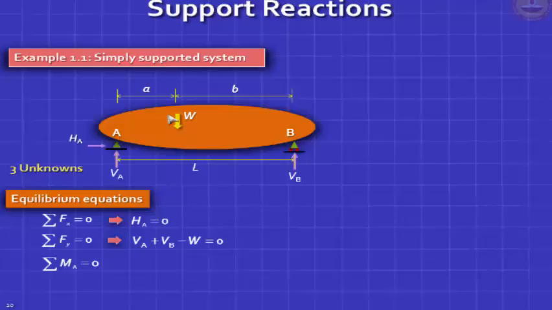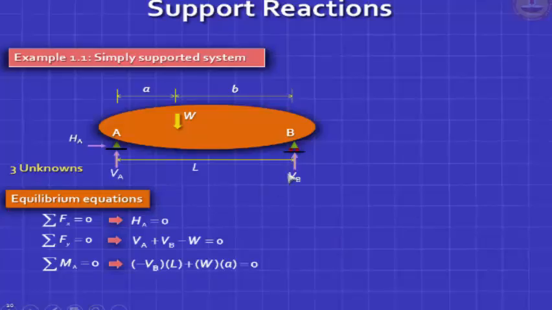Now, you can guess the answers, but let's prove it mathematically. You can take moments about any axis. Usually, you should take moments about an axis which passes through one of the unknowns. So, if you take moments about the axis passing through A, the z-axis passing through A, then you will find